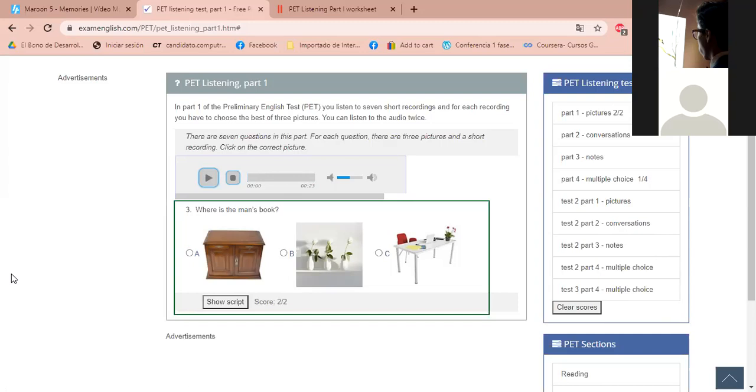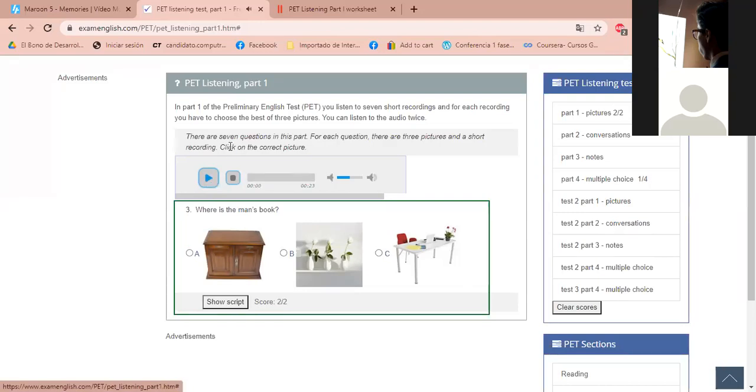Okay, listen again, guys. Have you seen my French book? It's on the shelf, isn't it? I saw it next to the flowers. It was there this morning, but it isn't there now. Maybe you put it on your desk with all your other books. I've looked there already. I can't see it. What about in the cupboard, next to the television? There are several books in there. Might be there. I'll have a look. Oh, here it is. It was on the shelf all the time.